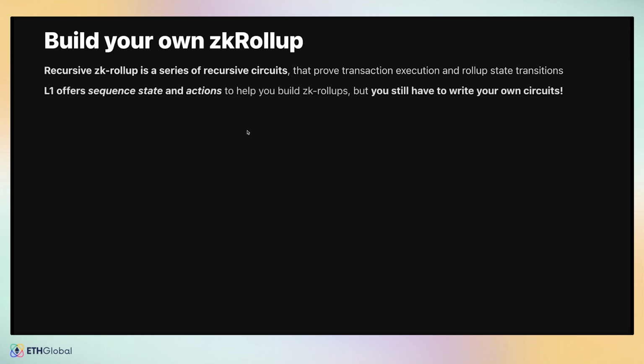So we already know that the L1 offers sequence, state, and actions to help you build ZK rollups, but you still have to write your own circuits. And even if L1 didn't offer sequence, state, and actions as part of the protocol, you would still have to write your own mempool. So I will just detour a little bit to explain how this works. With Protokit, we are not using sequence, state, and actions directly, but we are using the same identical concepts behind sequence, state, and actions, which ensure basically end-to-end proven execution of all of your actions without any